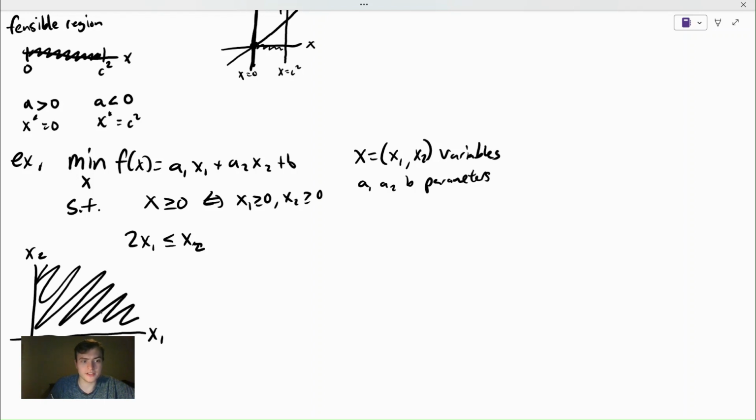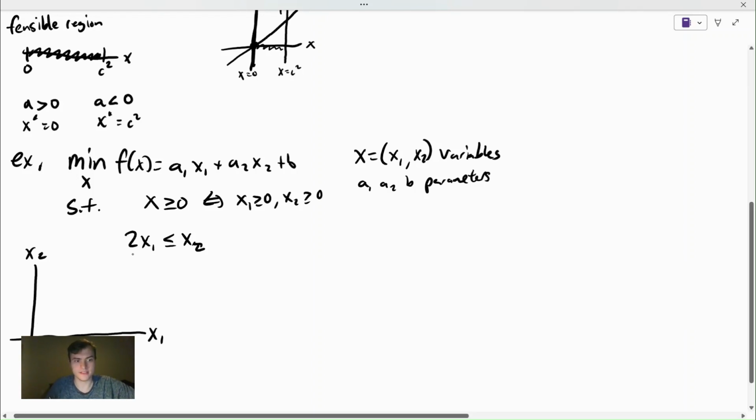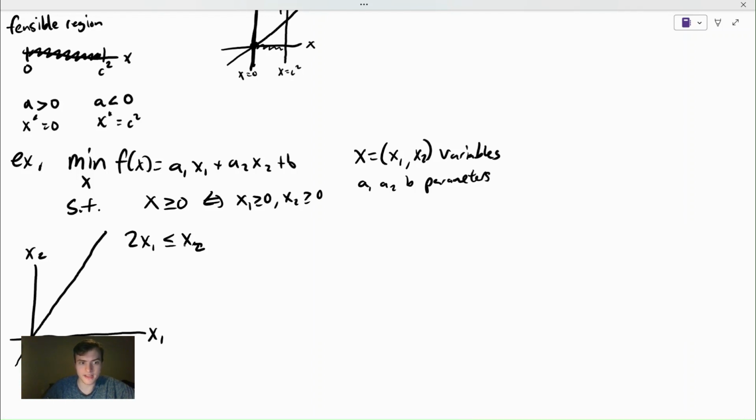So we're in the first quadrant. Both of those have to be positive. And then we have 2x1 is less than x2. So we can do x2 equals 2x1. That's the line. And then which side of the line is feasible? Well, we want x2 to be greater than 2x1. So it's this,